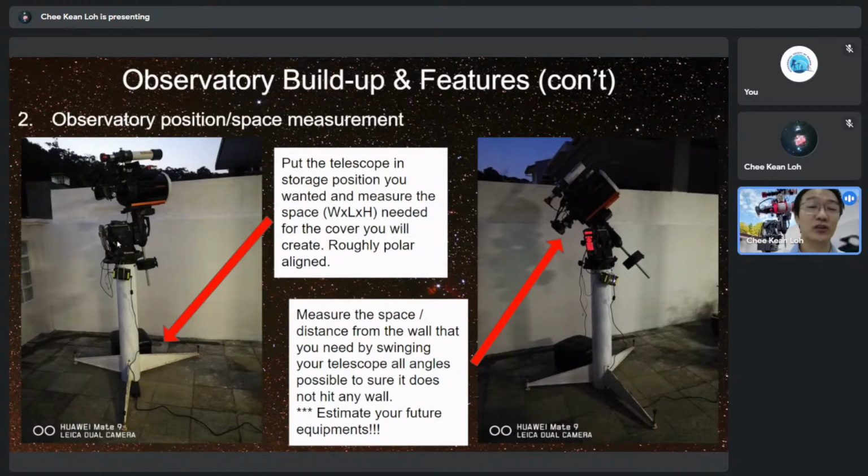Celestron has a hand controller that has steps for you to go through to do polar alignment. So I use that, I go through the steps, and then I do adjustment here. If you can see the adjustment on the mount here, right? So I just adjust it. Then